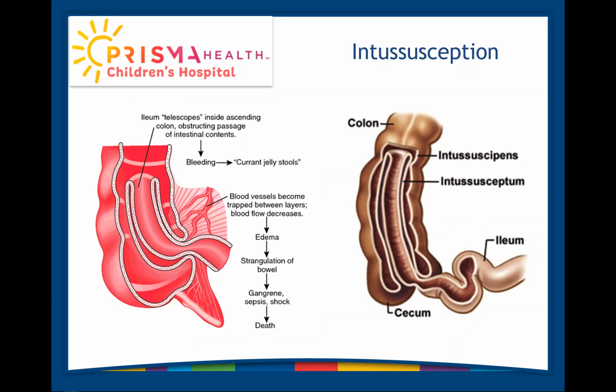If the patient's gotten that far in a first world country, then something has been missed, or the parents have neglected the child. But in general, we see it normally when it's just been going on a day. Occasionally, it's been pain for a couple of days that the parents just thought was a GI bug, and the kids were inconsolable. That bowel has a tendency to be compromised, or it's just near perforation,